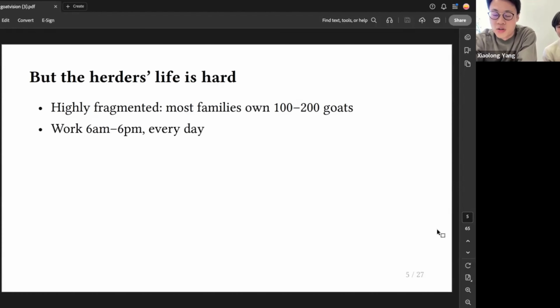And these families, the goat herders who run these farms, work tirelessly and laboriously every single day to make sure that the goats are safe. And what that means is everybody in the family, usually a senior couple, wakes up at 6 a.m. in the morning and goes into the field. They actually live in the field in something called a Mongolian yurt, which is like a movable tent that they can move from spring to winter, depending on where the goats will be grazing.